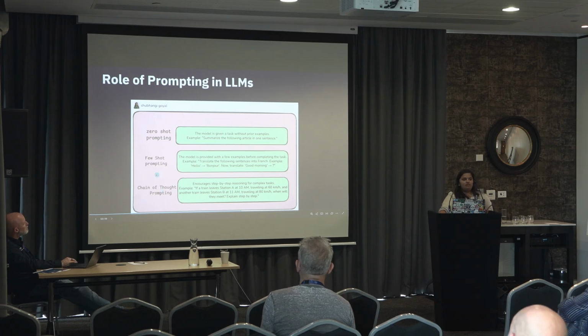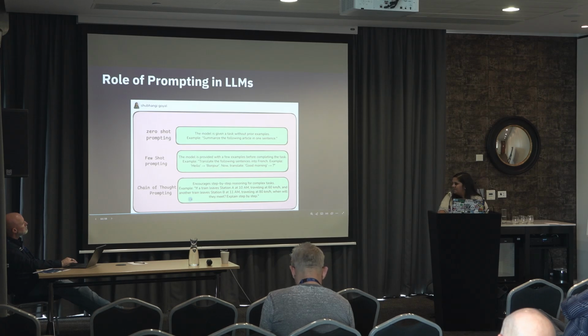Few shot prompting is, for example, when you're trying to translate something or convert something and it doesn't know what you are seeking, so give an example so that it exactly knows what to take. And the last one is chain of thought, which is actually used a lot more in building, in which you encourage step-by-step reasoning. For example, if I'm trying to solve a math problem, I would give something like that. But you have to be very specific in how you give chain of thought prompting because it encourages reasoning.